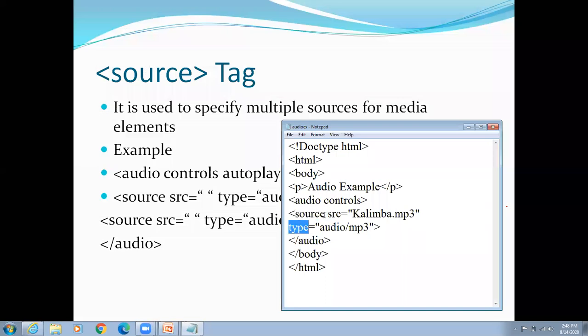Means source tag has two attributes, src and type. Src is equal to the file name and type is equal to specify the type, whether it is audio or video and which format. Okay, so that is another way you can use audio tag and source tag. Okay, that is the end of audio tag.